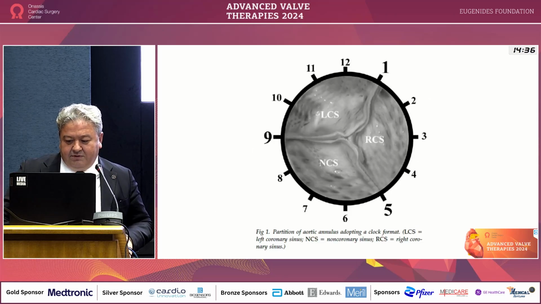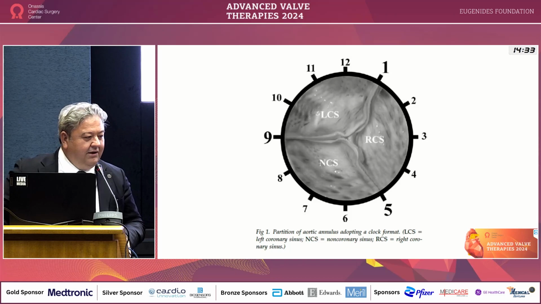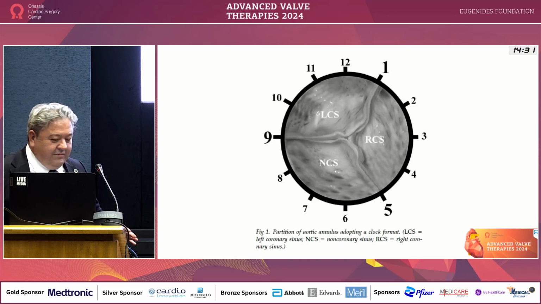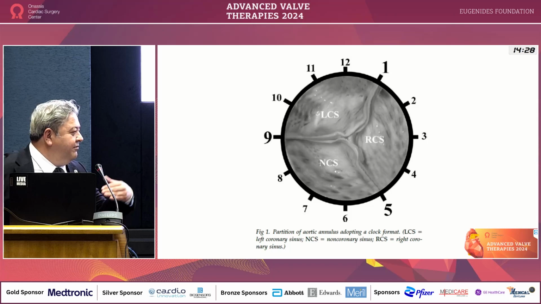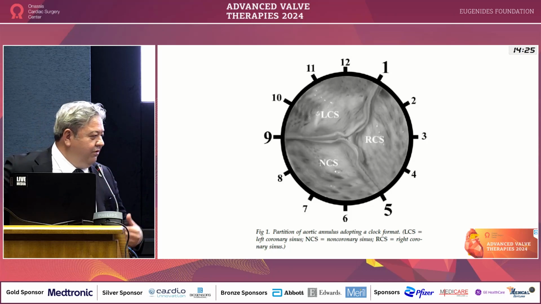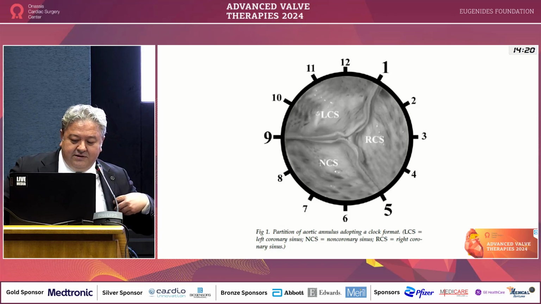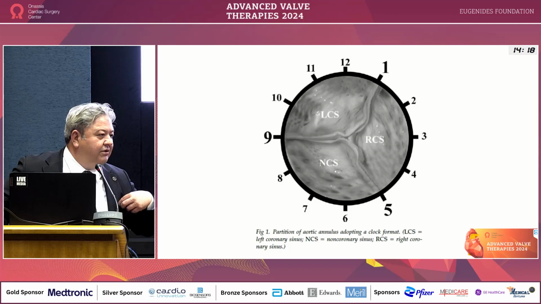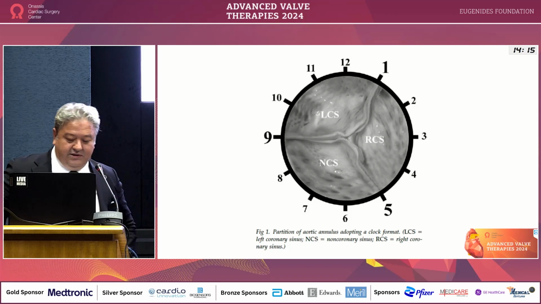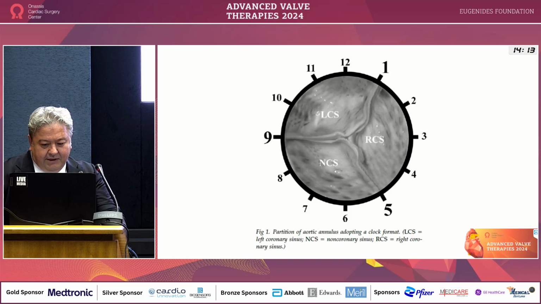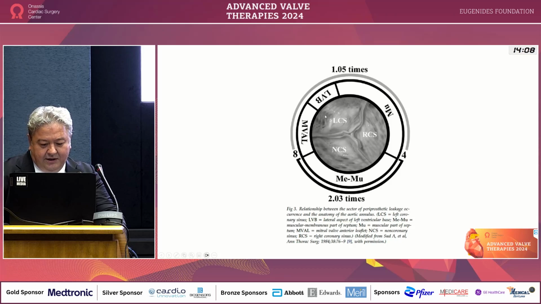This is a classification from the surgical publication, but in the literature, this clock formation is completely different according to the different publications. So the mitral classification is okay, but I think this clockwise classification of aortic paravalvular leak must be revisited, in my opinion. But this is very important: right coronary sinus, non-coronary sinus, and left coronary sinus, and the relations between the sector of the periprosthetic leakage occurrence and the anatomy of the aortic annulus was